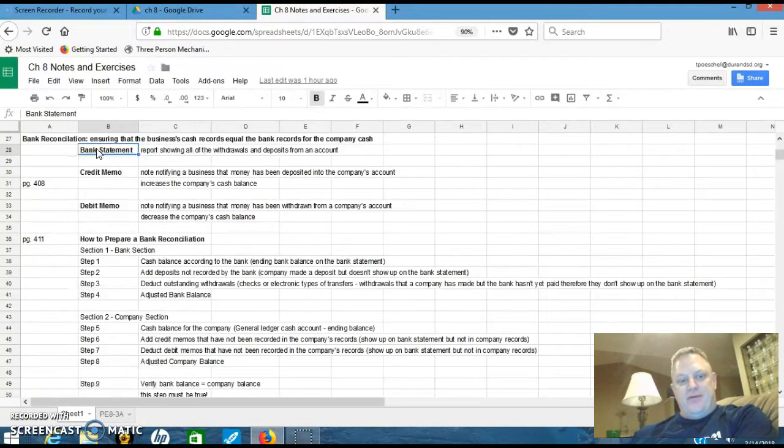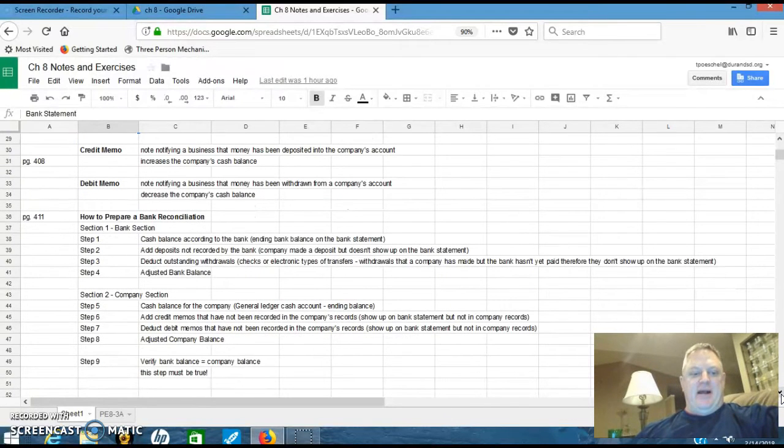Alright, we're going to get on with the bank reconciliation, so turn to page 411. At the top, it shows how to go through bank reconciliation, and I have basically just retyped the steps that are on page 411 at the top. The key parts of bank reconciliation are steps 4 and 8. Steps 4 and 8 get an adjusted balance from the bank statement and an adjusted balance from the company's records. Those adjusted balances